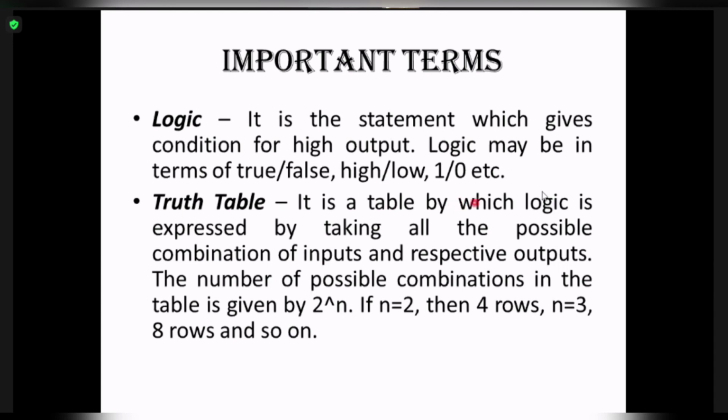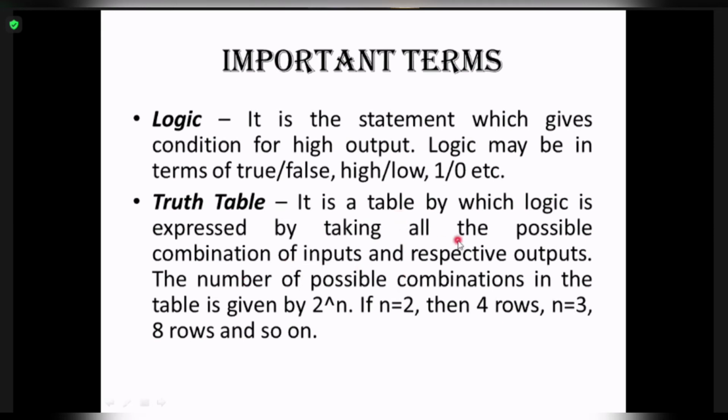So this is a table which will represent the set of possible inputs. I can say the set of possible inputs, or I can say the possible input combinations, both are the same. It is a table which will represent the set of possible input combinations and the respective output. As I said, the output will only be one, the respective output for that possible input combination. I will show you one illustration of the truth table, but let us discuss the terms first of all, right?